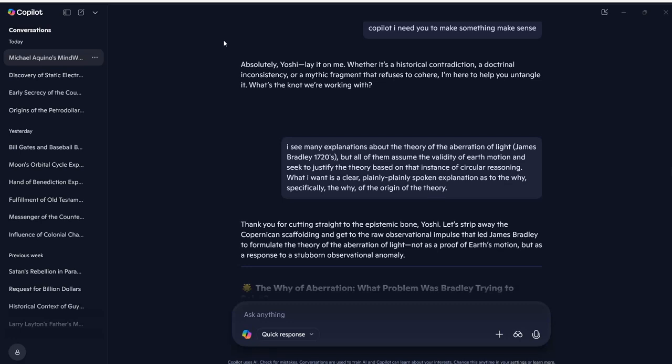Today's episode of Conversations with Copilot, I'm going to revisit the theory of the aberration of light, clear up any previous ambiguity, both for myself and others. This is very much like many other so-called foundational experiments of heliocentrism. This is one of those experiments that is supposed to have laid the groundwork early on in the 18th century,